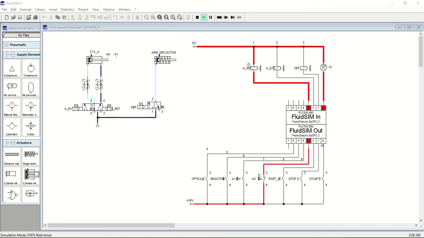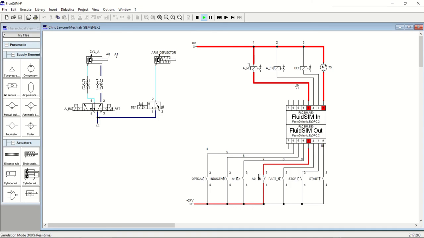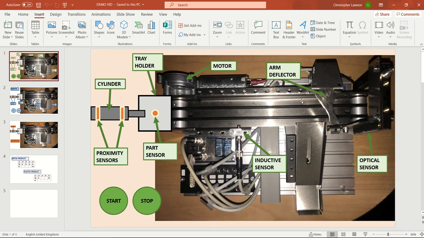So now essentially what's happening is the part is moved on here and it's being carried along by the motor. So we can see the motor's kept on and we've brought the cylinder back. So what we're going to now simulate is that the inductive sensor will get triggered. So this brings the deflector down for 2 seconds and then turns everything off. So we would imagine that the deflector would come down, this part would fall down, 2 seconds, everything then would